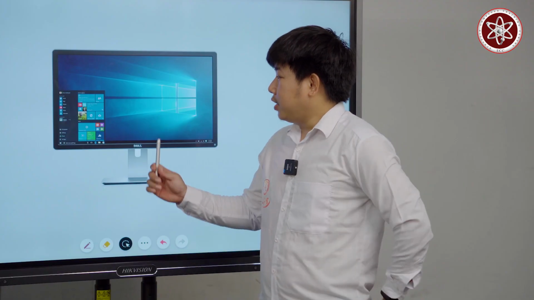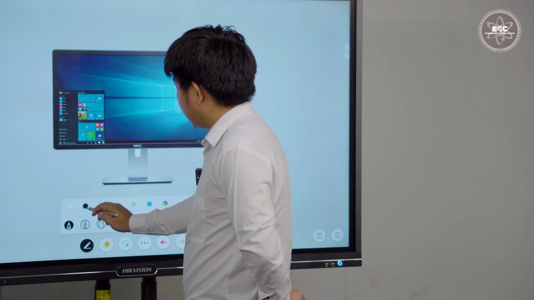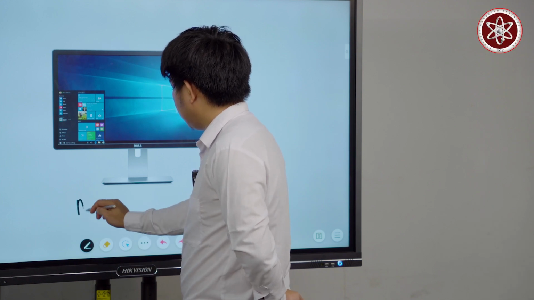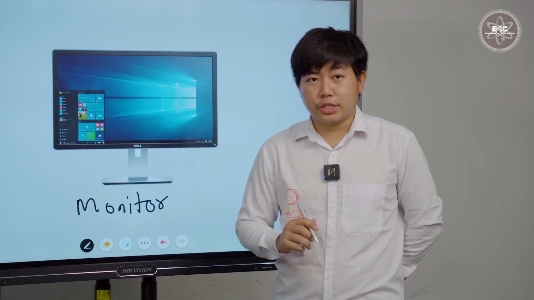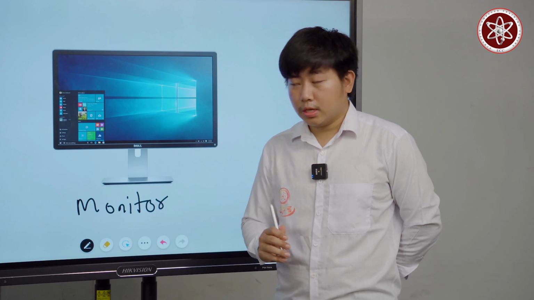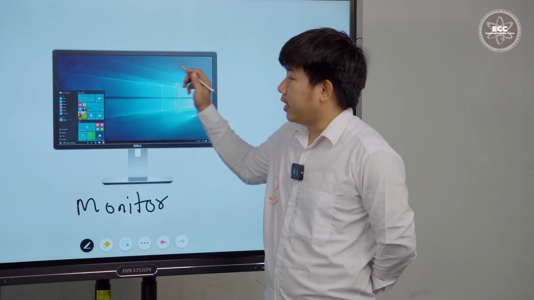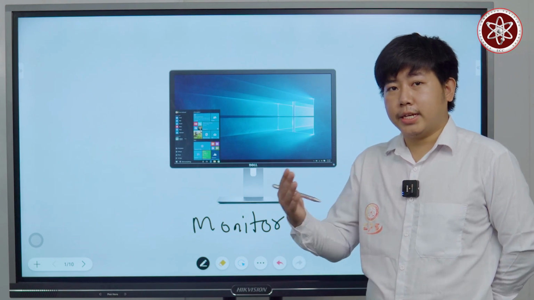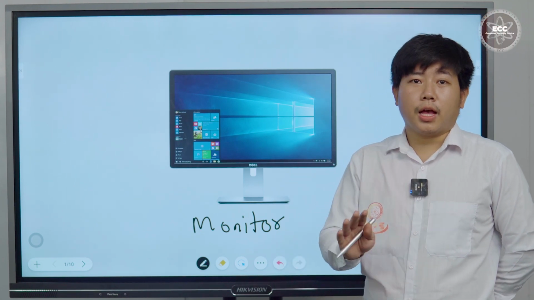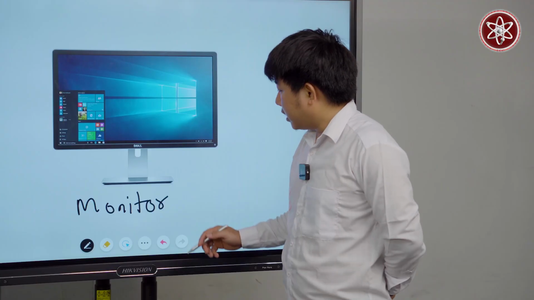I'm your computer science teacher, and today you're going to learn about computer components. So first things first, this is called a monitor. A monitor is what you interact with the computer through. This display shows the user interface so that you can interact with and use the computer the way you like. And the next one